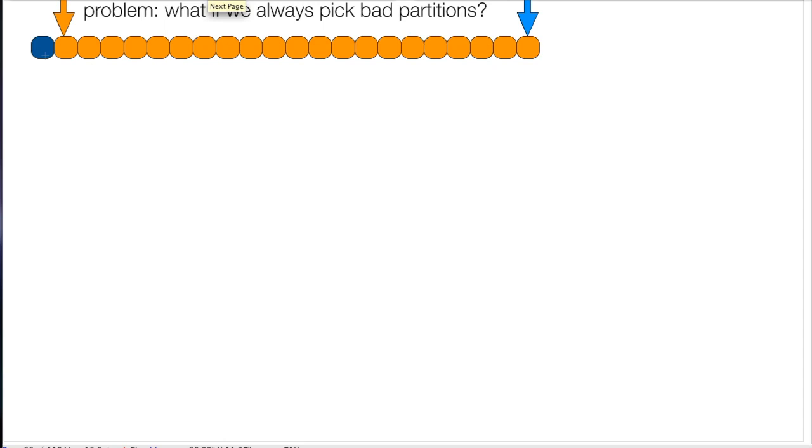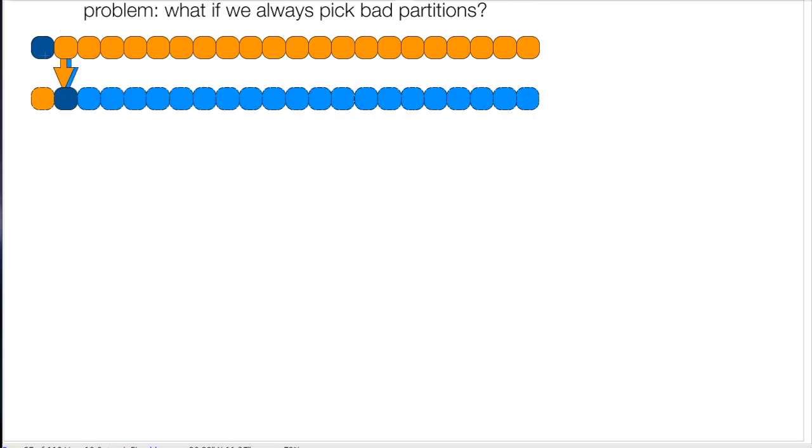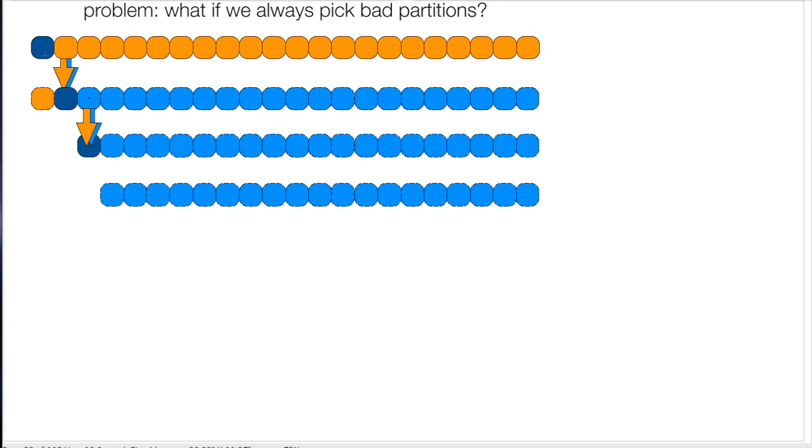What happens if we always make bad choices in life? So for example, let's pick this as our partition element, and let's just say that it happens to be that when we partition, we broke it into a list like this. There was one element over here, and everything else was bigger. And then the next recursive call we make, what else could happen? Well, it could be the case that when I use this as a partition element, everything happens to be bigger than that. Life could be such that when I partition using that first element, it turns out that everything is